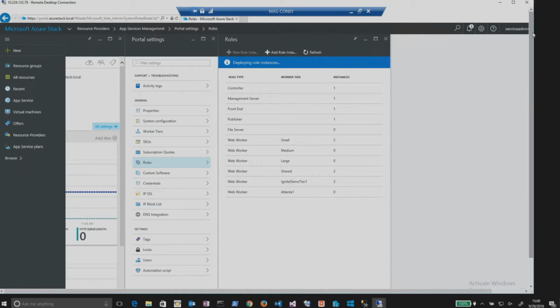We are working on ways in which we can speed that up and give you more control over how that's done, but we're not there yet. So those machines will take quite a while to come up. And once they're marked as ready, then customers can deploy their applications into those SKUs. So if I go and create a new web app,